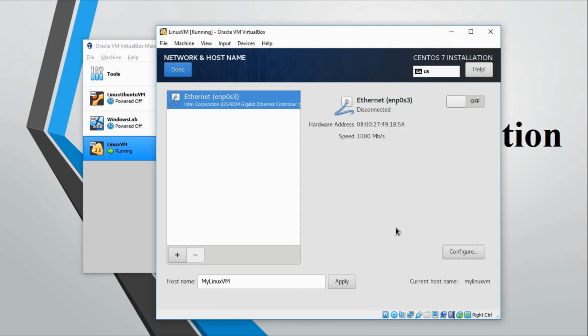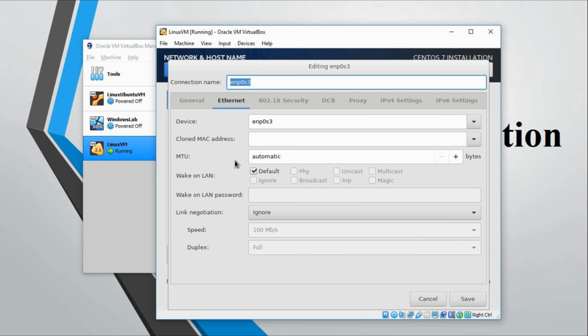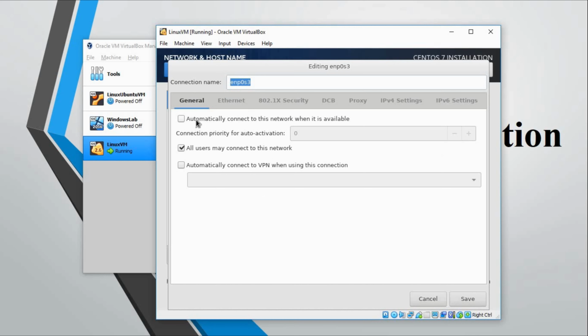So what do we need to do? We need to click on configure, because you see right now it is turned off. So let's go and click on configure. And the only thing that I want to pick is automatically connect to this network when it is available. What it does is it starts your network or picks up an IP whenever your computer restarts. So go ahead and click on save,